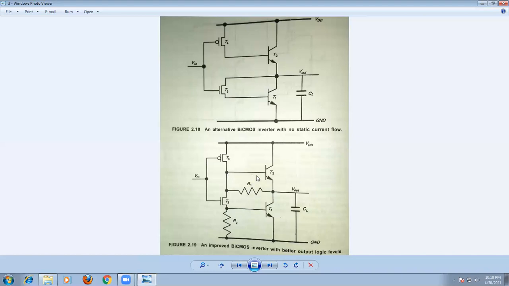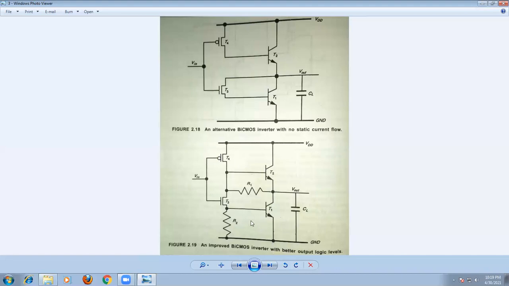So in this case, what happened now? Same method: when the input is low, this transistor is on, and it supplies sufficient base current to this transistor, so this is also on. These two transistors will be off. So this is on and this is on, and this is off and this is off. The capacitor voltage charges to the value of VDD, so we get the high voltage. Similarly, when high voltage is applied, these two transistors turn on and these two transistors turn off. Again, the output drops to 0.